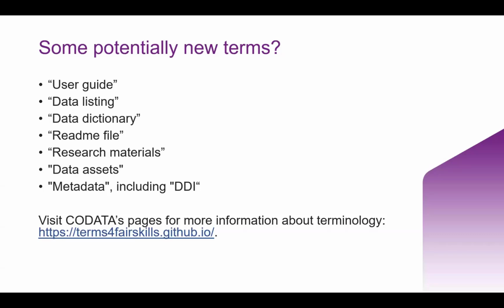Some policies, like the ESRC's data policy, refer to research materials, which doesn't really have a specific definition as such, but rather refers to anything that might have been used across the research project. It also refers to data assets, which is the system that is used to hold the data. And there's also metadata and the specific kind of brand name, if you like, kind of metadata like DDI. So DDI is a specific schema for metadata, and it gives you a distinct vocabulary to use when you're describing